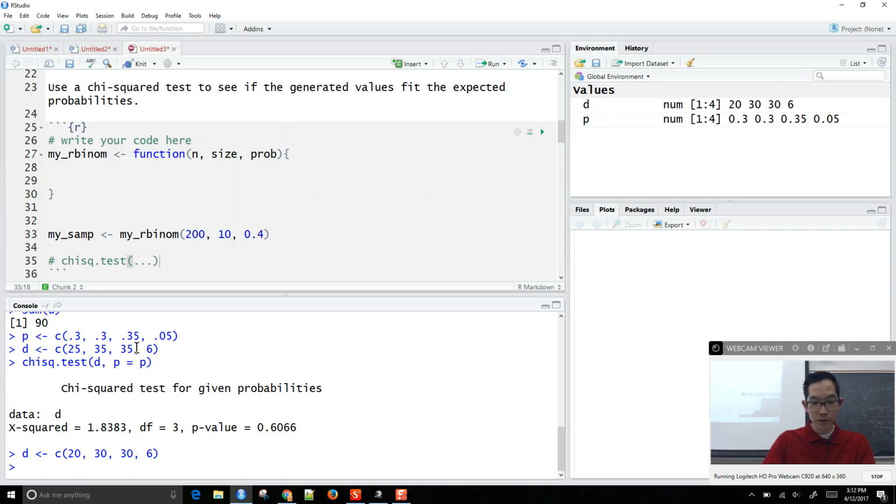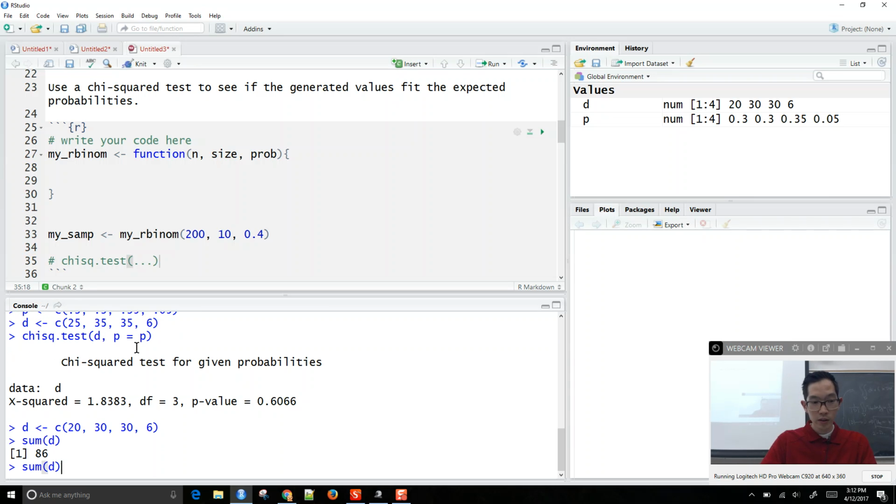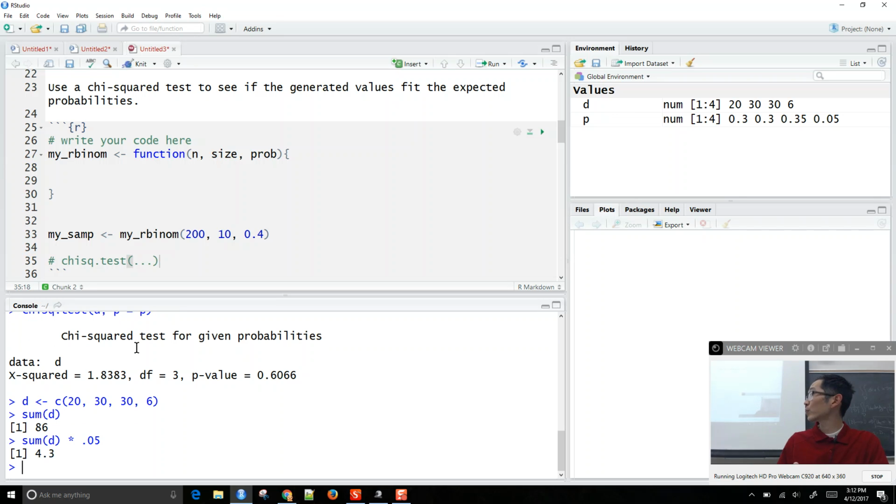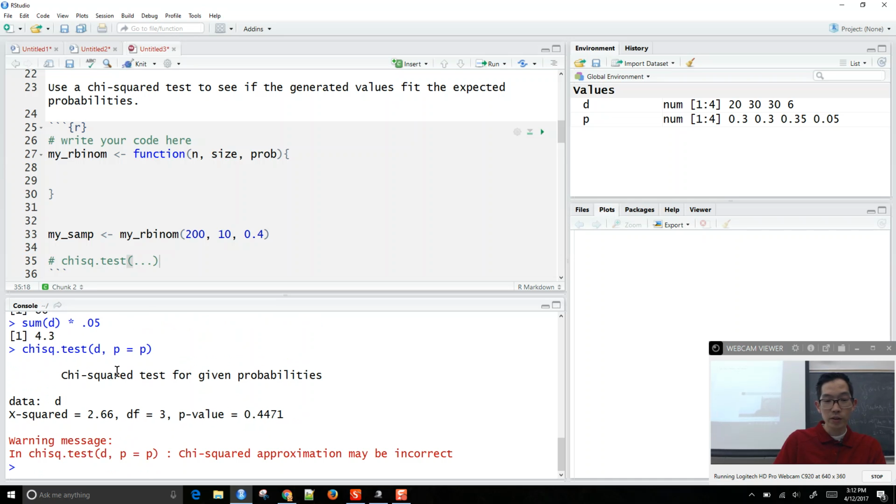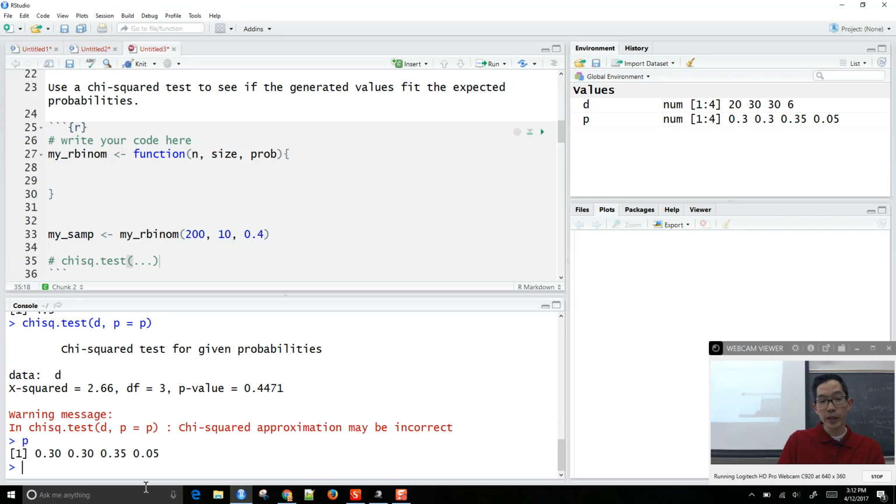The sum of D is 86, and if I multiply that by 0.05, the expected count for one of these cells is only 4.3. So if I do a chi-squared test between D and P, it says the chi-squared approximation might be incorrect. So what we have to do here is take a look at our P, and we might have to combine some of these